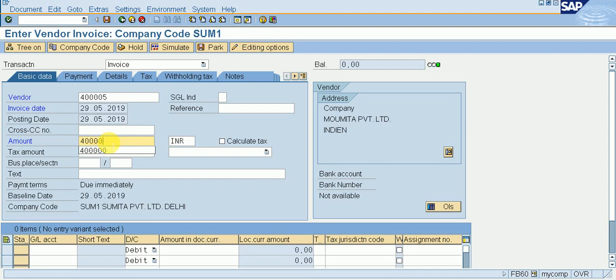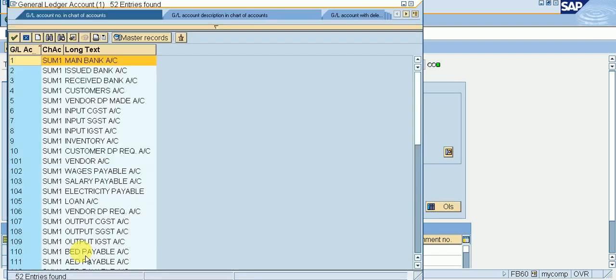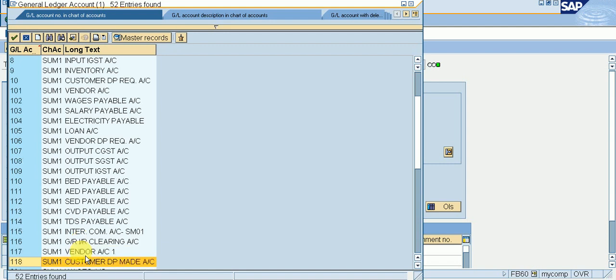Okay, I am giving one amount, 4 lakh. Purchase invoice. Giving here my GL account, purchase account, which I already set up with all tax included.